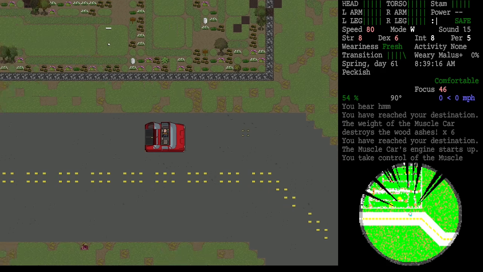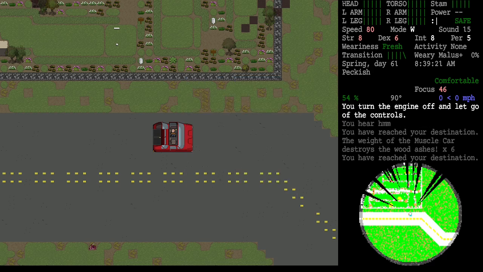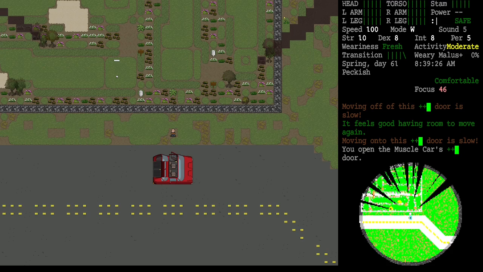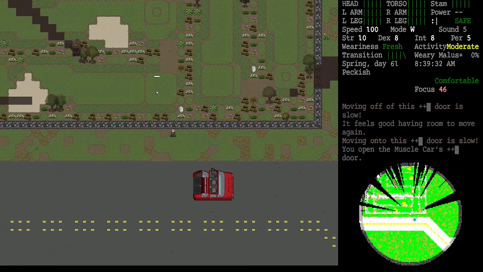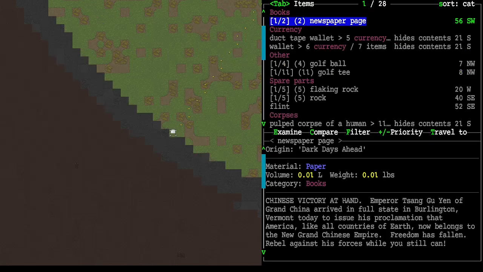I am going to stop the car here, however, and I'm going to use Shift 6. That's the caret key, which is all things driving. And I'm going to stop driving right here. I have a strong feeling that there should be some kind of golf club on the premises. Now, one thing that I should probably note is that when you hit capital V to bring up the